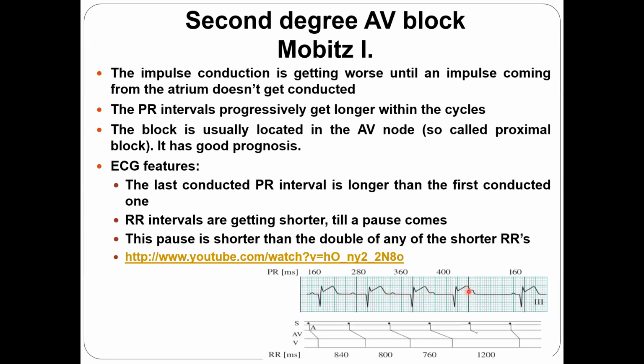All right. And once that is reaching a very long way, the P is almost inside the T wave, and that is a dropped P that's not followed by the QRS complex. Another very important point is that not only is the PR getting longer and longer, but as you see here, the RR interval is getting shorter. Now, this is not how you will recognize a second degree Mobitz type 1 AV block,